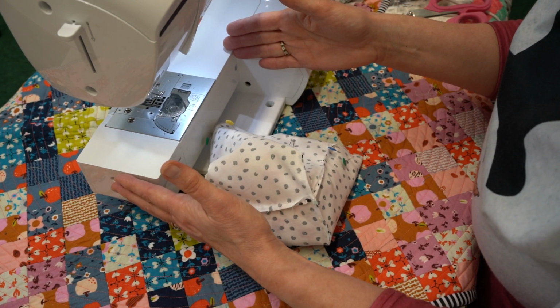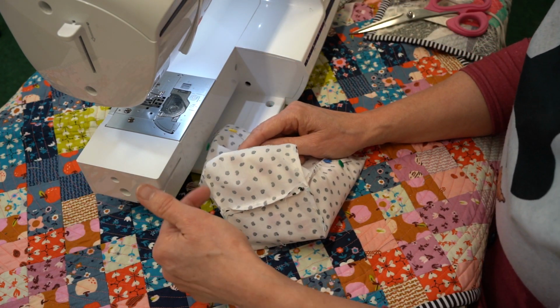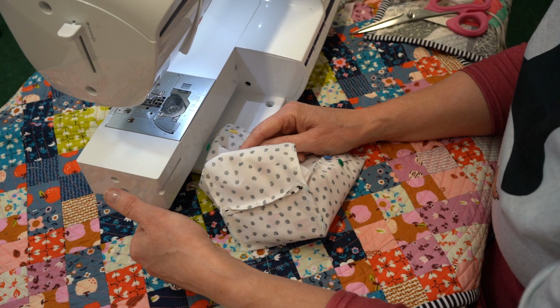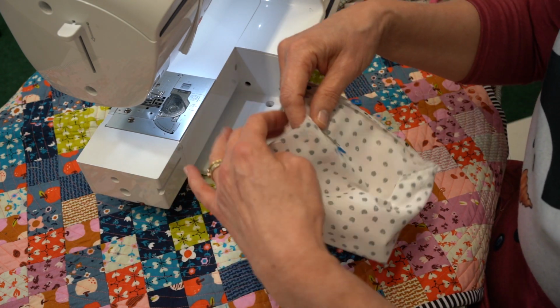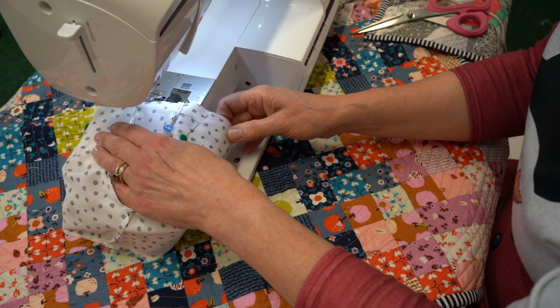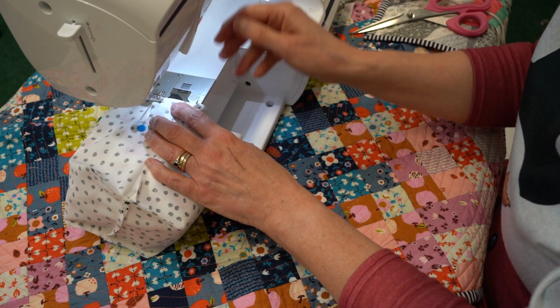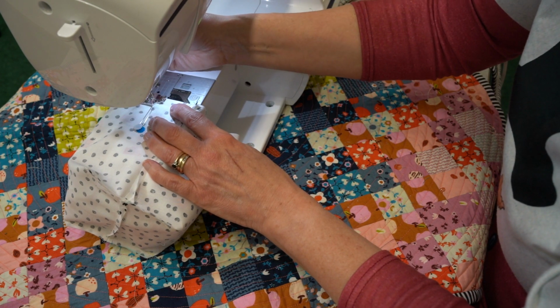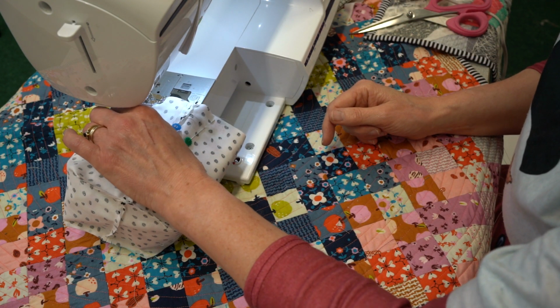If you have an accessory box, or you may have your extension table, just remove it and you have a free arm on your sewing machine, and that's designed to sew items such as this or in the circle. Pop the bag on, and remember we're going to start at the double pins. So I'm lining the bag up and we're going to sew that top edge, and again use a 1/4 inch seam allowance. So I'm just going to take those 2 pins out,